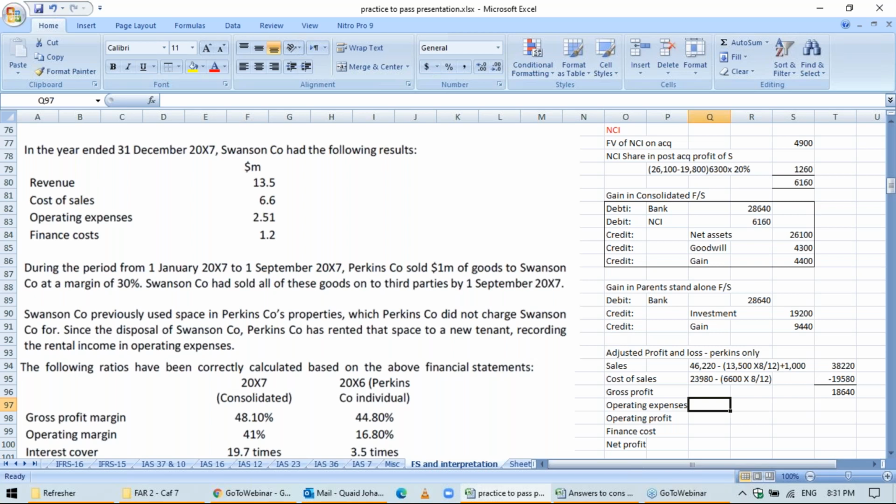So for operating expense, the consolidated operating expenses were 3.3 million, and I will deduct the 8 months operating expenses of subsidiary company,